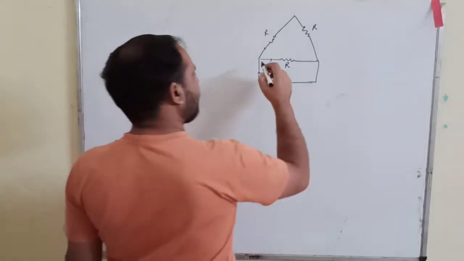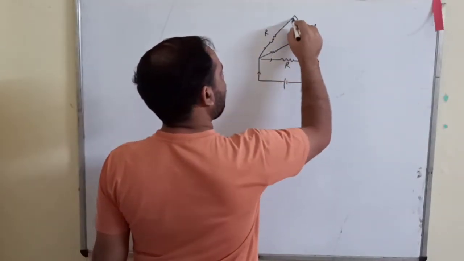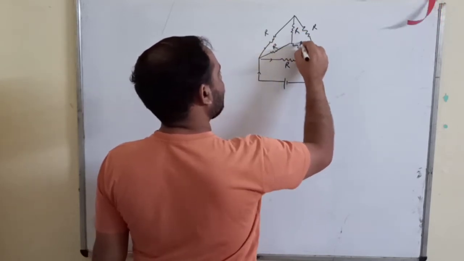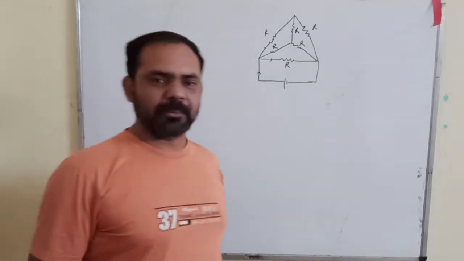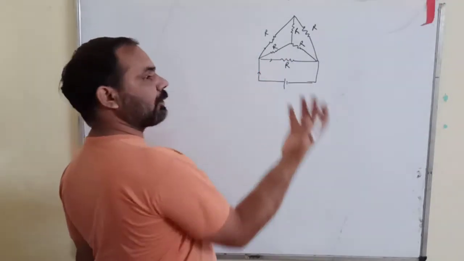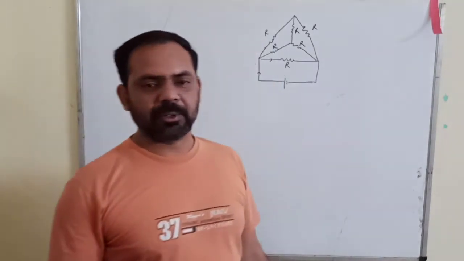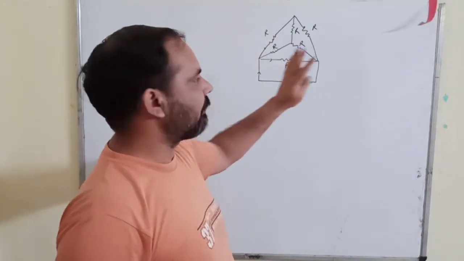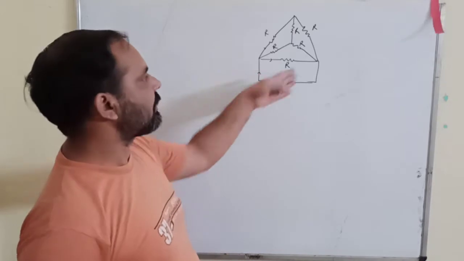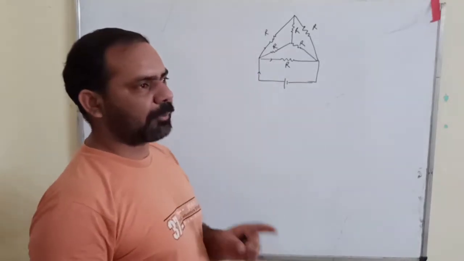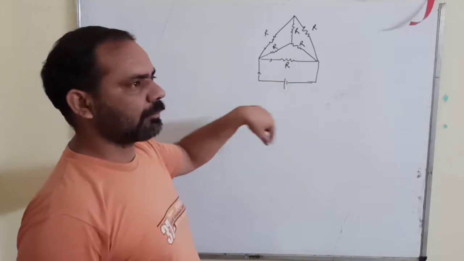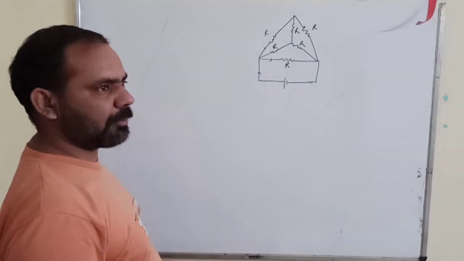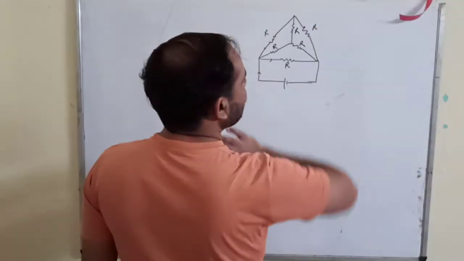But now suppose I mark the resistances this way also, this is R, and this is again R. Now it becomes difficult for you to identify which of the two resistors are in series and which are in parallel. So in such cases, if I ask you to find the equivalent resistance of this circuit, you can easily find it with the help of Kirchhoff's voltage law. Okay. So that's what I was telling you, that by using Kirchhoff's laws, you can easily find the resistance.